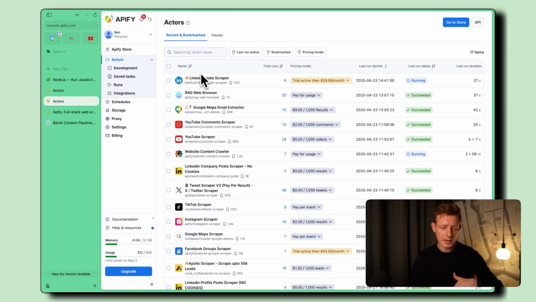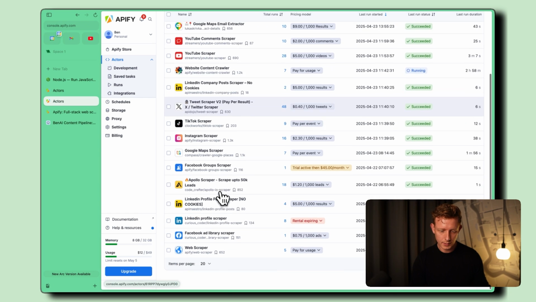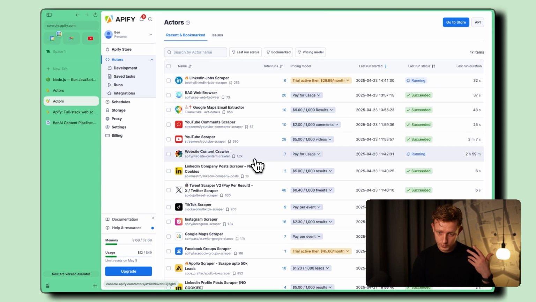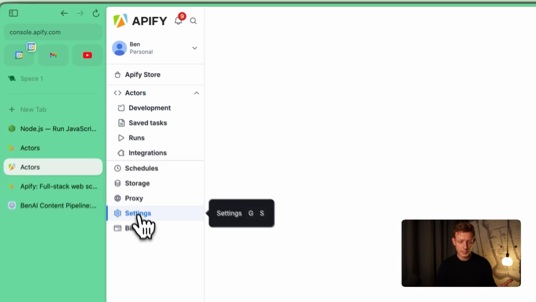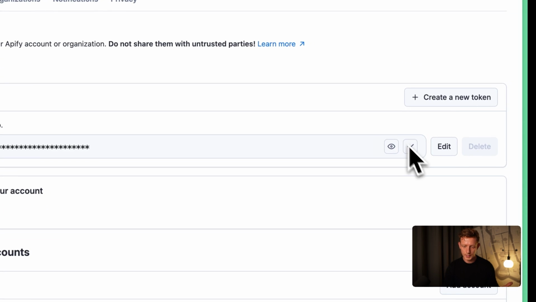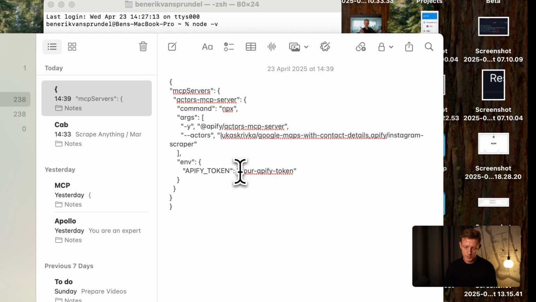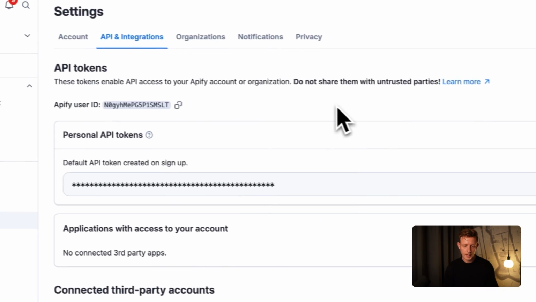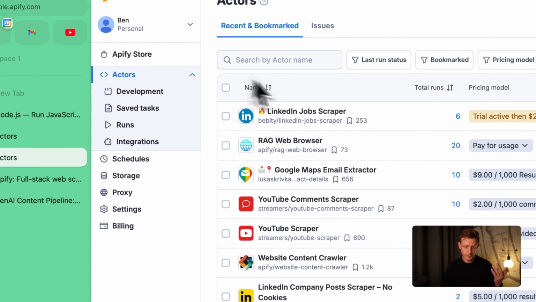Now, let's say I want to add all of these to the MCP, all of these scrapers. First, of course, we need our API key, right? Our token. So we go here to settings. But then we go to API and integrations, and here we have our personal API token. Here we can just copy this. We go back to that little code script that we got, the JSON, we add in our Apify API token. And then of course we want to add in all of these